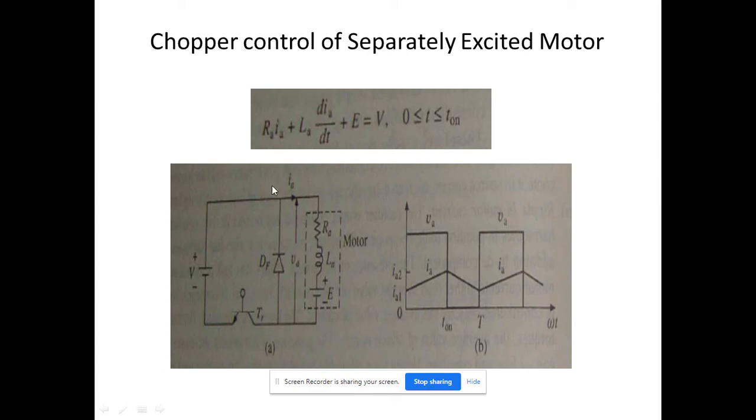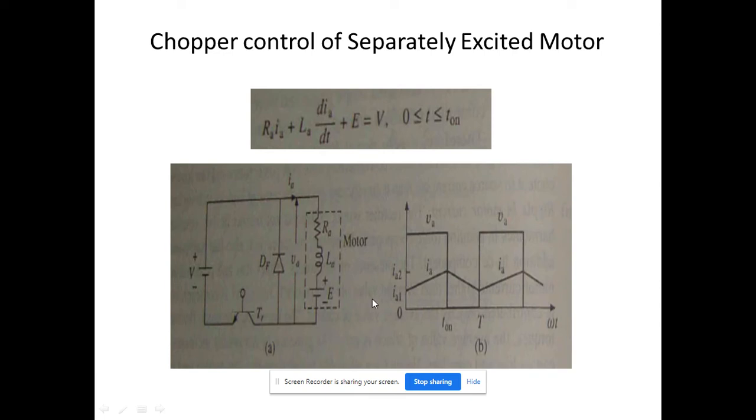Here you can see the circuit equation for this chopper circuit is Ra Ia plus La di by dt plus E, the back EMF, is equal to V. So this is the equation for 0 to T on. See in this waveform from t equal to 0 to T on, the current is increasing from Ia1 to Ia2,